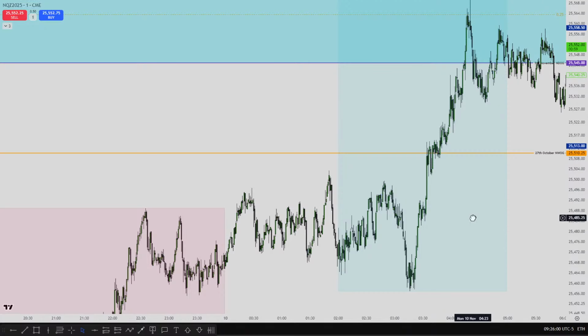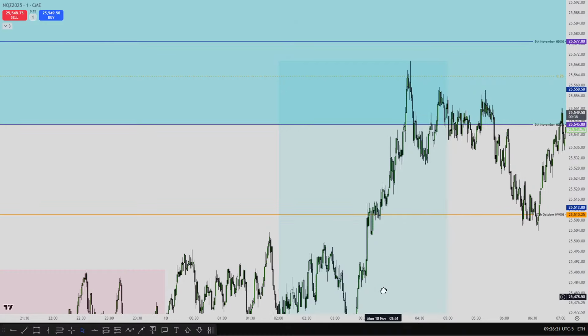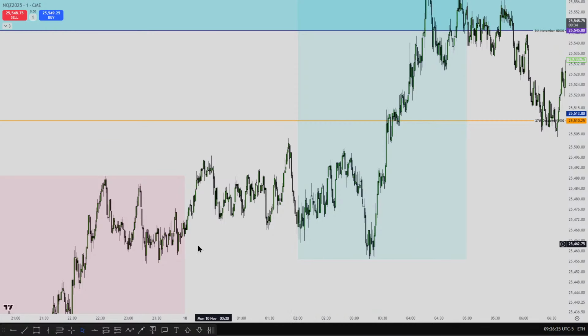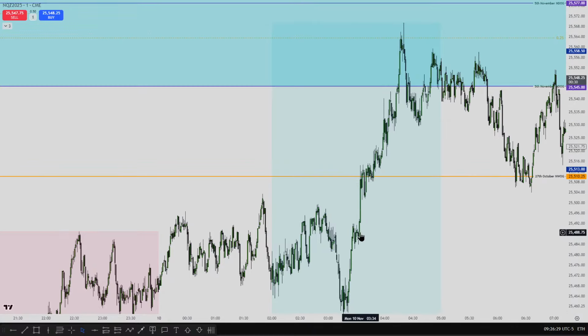manipulation and distribution. Classic AMD here: it accumulates, then the next hour of London manipulates this low at 3:30 or near 3:30. That's the London sweet spot. So give or take half an hour from 3:30, meaning anywhere from 3 to 4, you'll usually see the reversal happen around that point and then it distributes higher, which it does. It leaves a balanced price range, takes out the short-term lows, rallies higher, leaves all these breakaway gaps indicative of strength, and